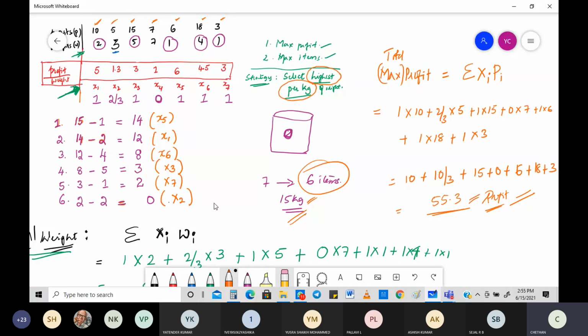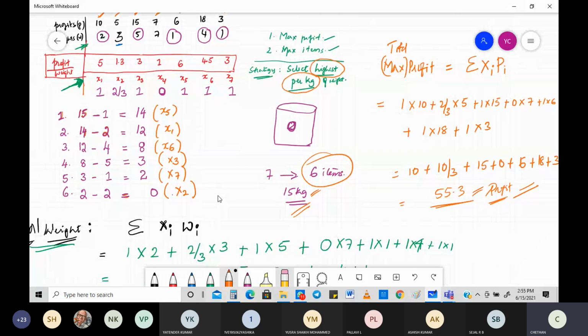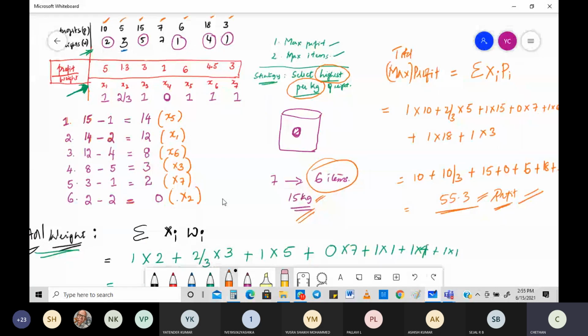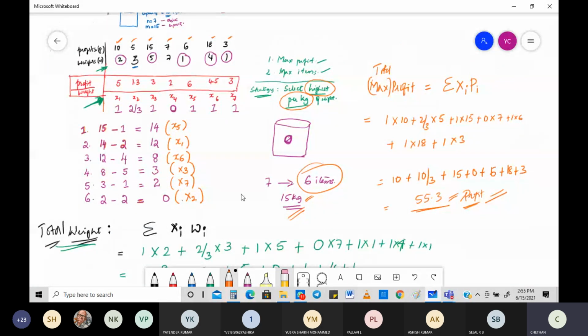They give profits and weights. You must be able to do all these things on your own. If you are lucky, it will come for easily 6 to 8 marks. Or else they may ask the greedy method definition and all those things, and then they may ask knapsack. At that time, it will come easily for 10 marks. You need to figure out the combinations, and based on the combinations, the marks you are supposed to get.